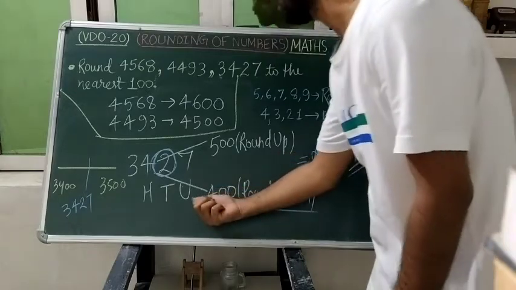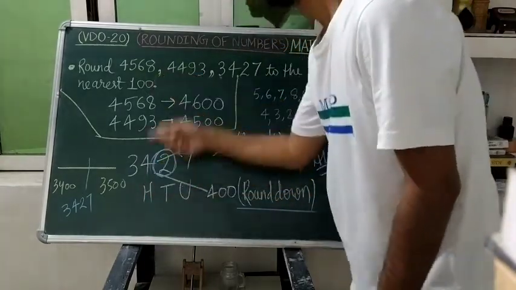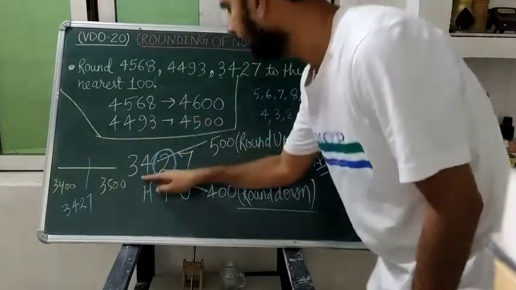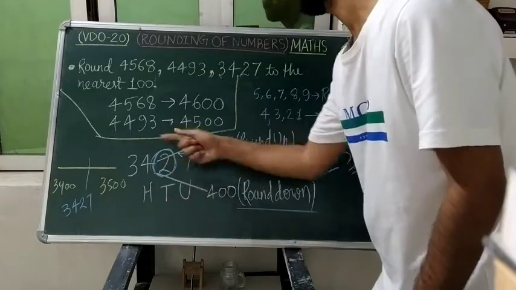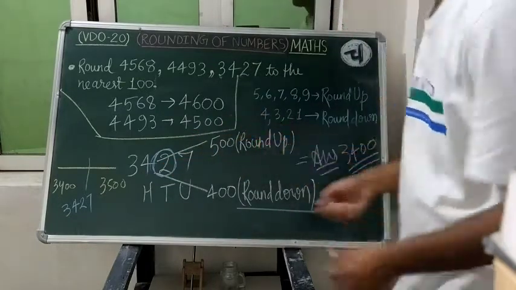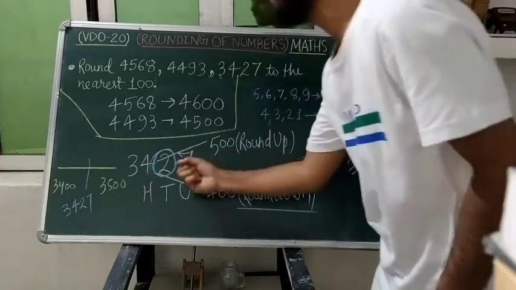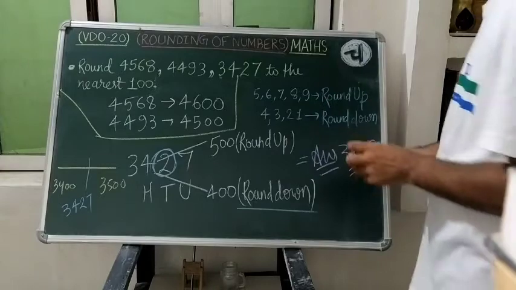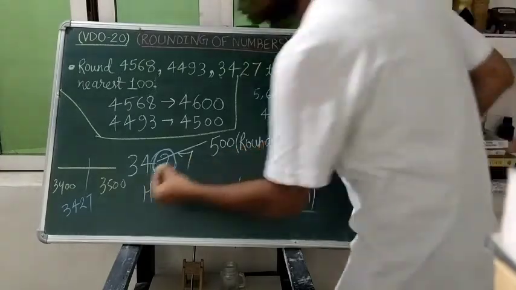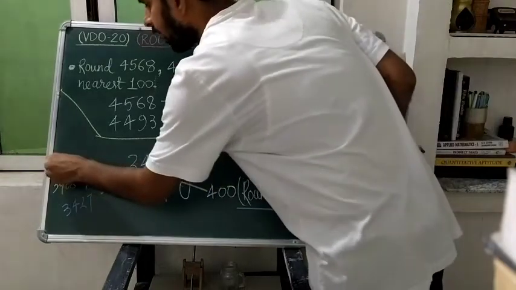We will read out that the unit, 10, 100 place is 4, so the multiple of 100 four times is round down. One up means 4 plus 1, 5 times, 500, and we will select the digit present at the right side, and the digit present at the right side is 2. For 2 we will round down. So for round down, where will we go?